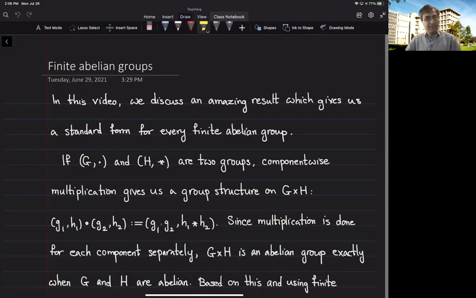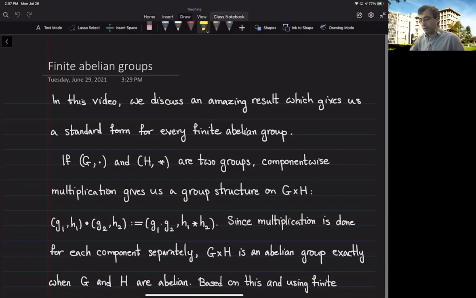Hello. In this video, we discuss an amazing result which essentially classifies all finite abelian groups. But let me start by recalling that if G and H are two groups, then by component-wise multiplication, we can make G cross H into a group. Namely, we define the operation to send (g1, h1) dot (g2, h2) to